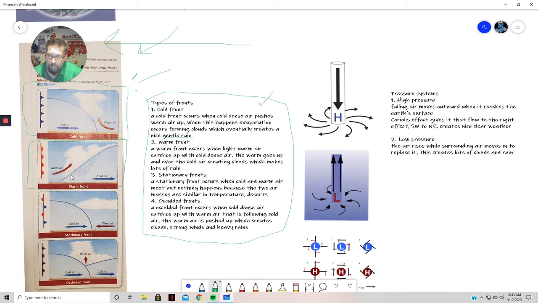Cotton candy is just going to go up and around the brick. It isn't going to move the brick. The brick is going to say, no. So the warm air is going to go up, and when that happens, because now it's traveling the full length of the cold air,